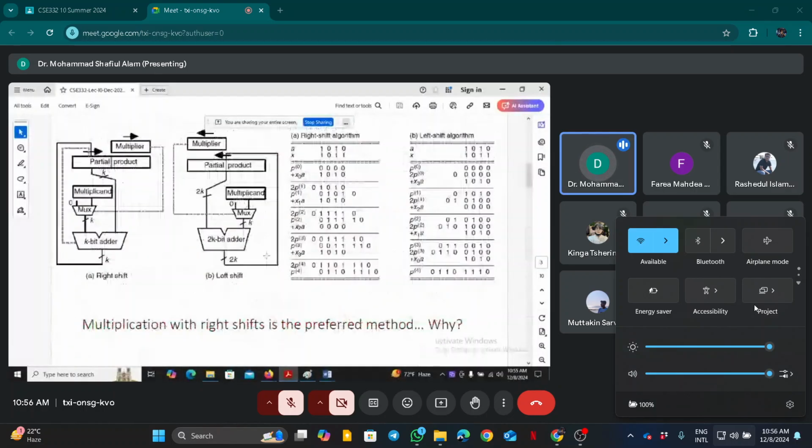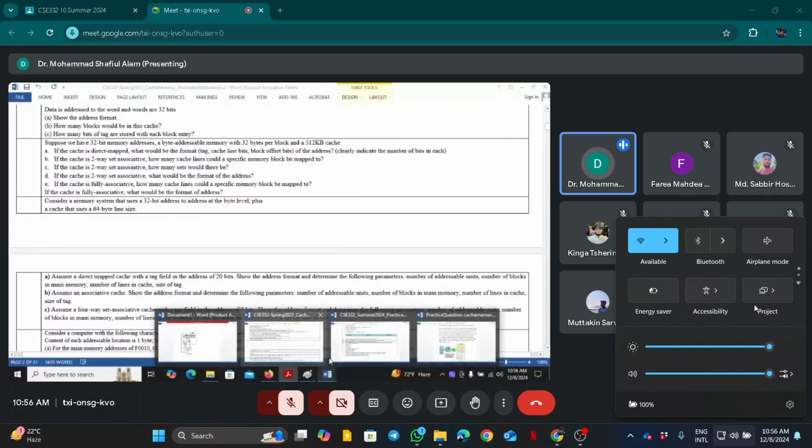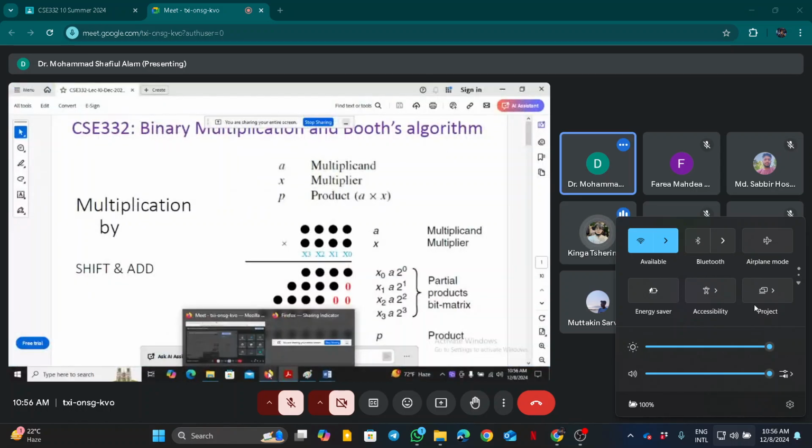স্ক্রিন দেখা যাচ্ছে আমার? সবাই দেখতে পাচ্ছ? আমি স্ক্রিন শেয়ার করেছি, দেখতে পাচ্ছ সবাই? Yes, sir. আচ্ছা,